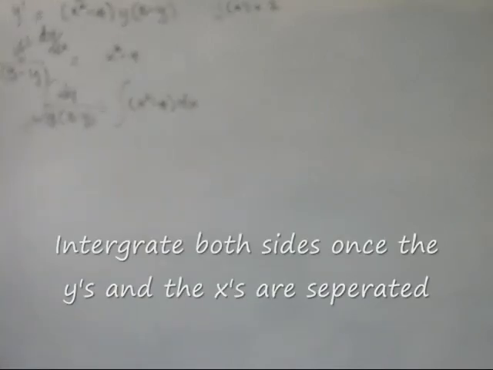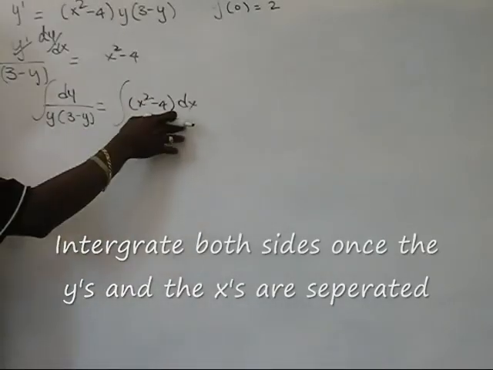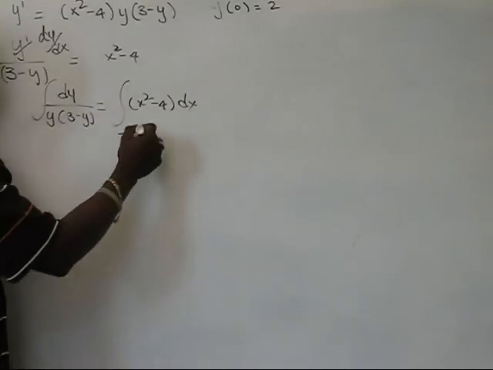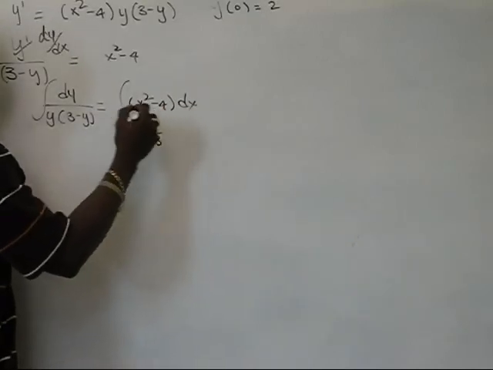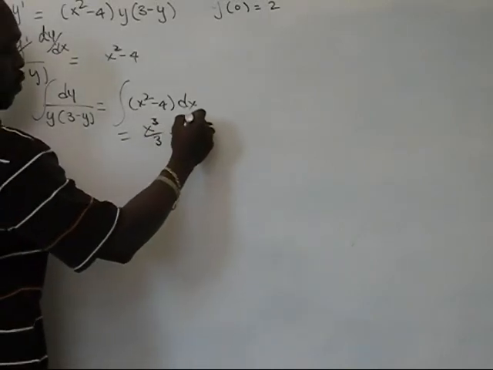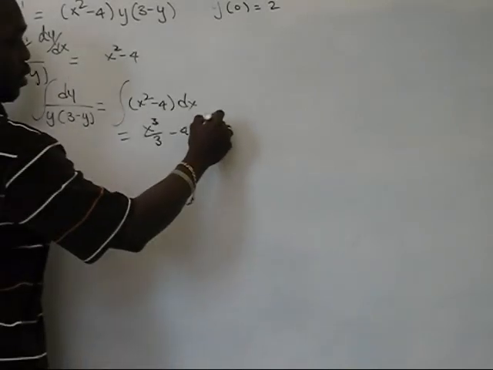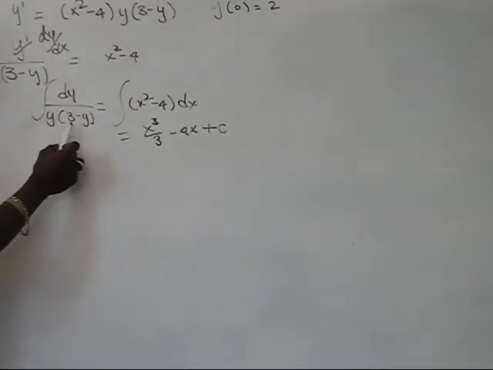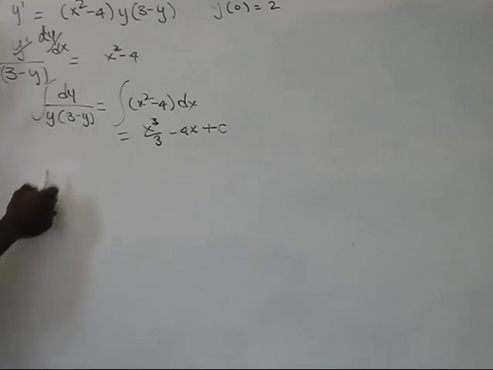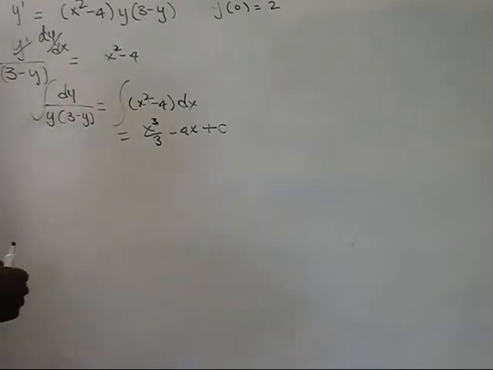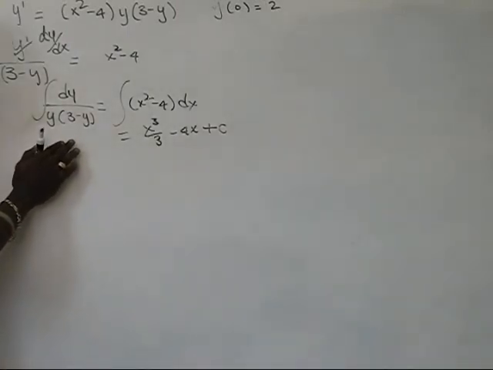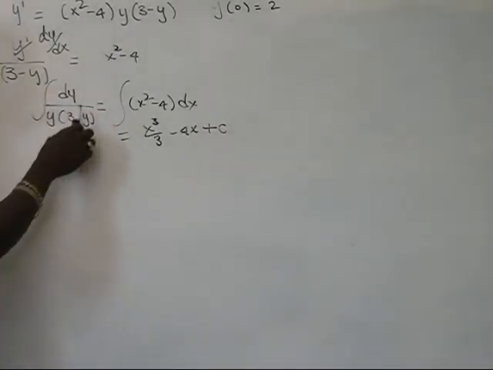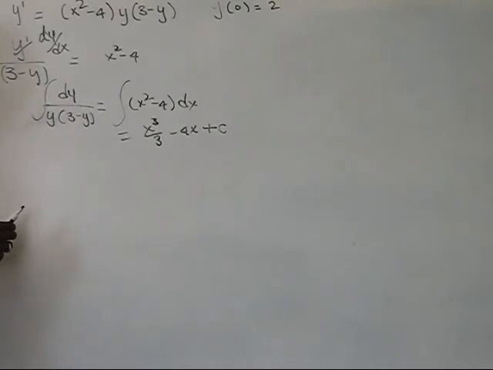I integrate both sides. This one is a piece of cake, so we're gonna do this one first. So if I integrate this one, I have x cubed over 3 minus 4x plus c. This one is a little bit challenging, because we're gonna do what we call partial